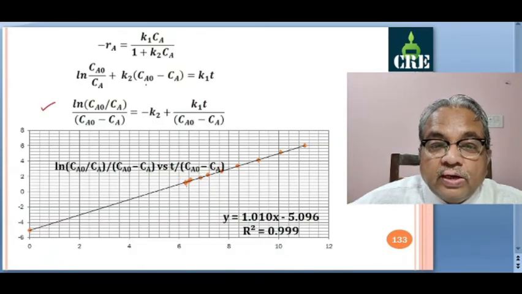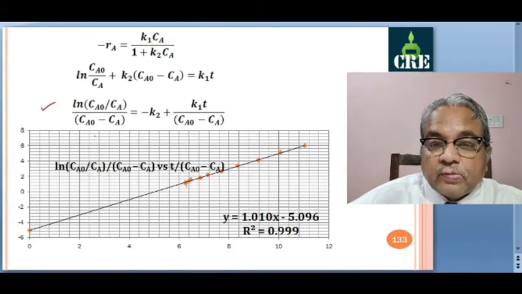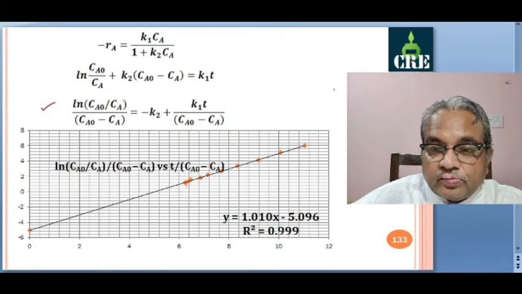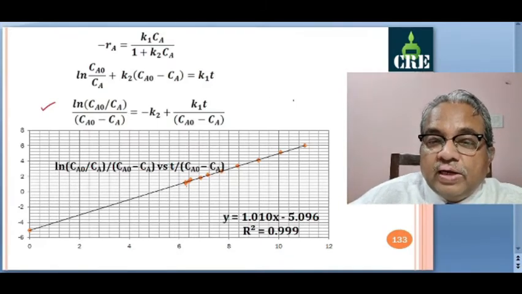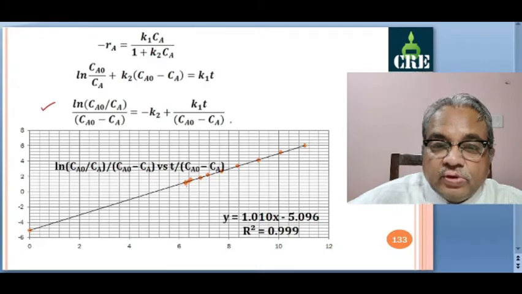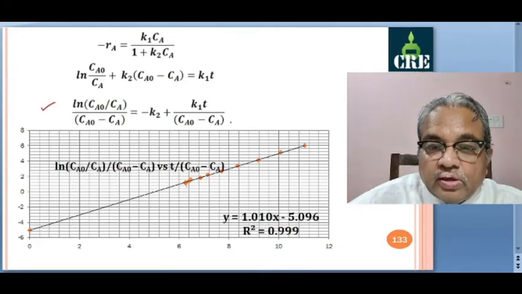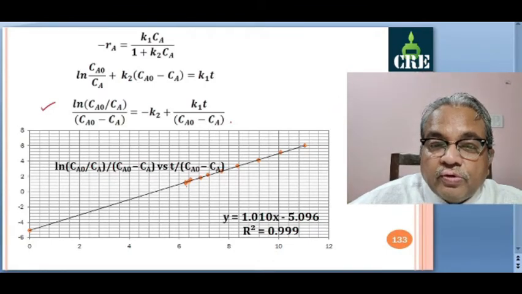Okay. So here directly y is equal to mx form. So this is y. And we have also seen when you take log of both the sides of the kind minus r is equal to k c raised to n, then slope is directly n, whereas intercept gives the value of ln k. So anti-log of that will give you the corresponding value of k. Here directly 5.096 is the value of k2.